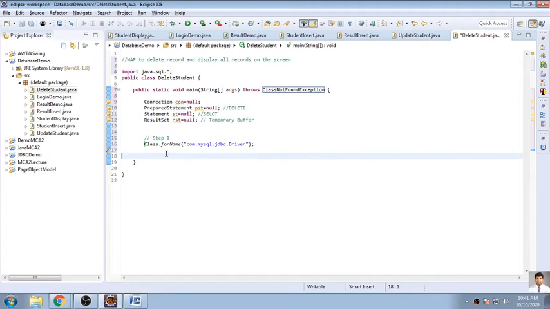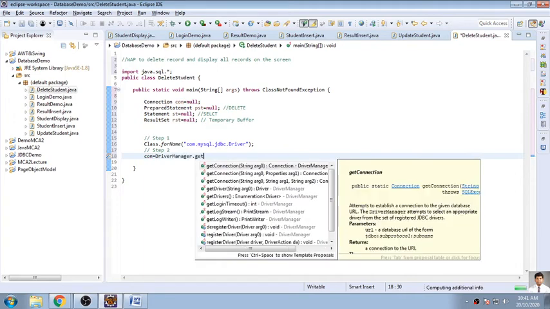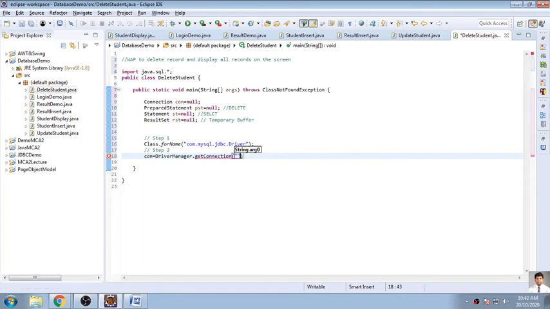Okay, now step number 2, that is con is equal to DriverManager.getConnection, and into this I need to pass 3 parameters.